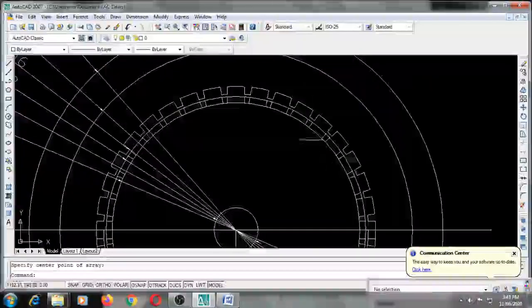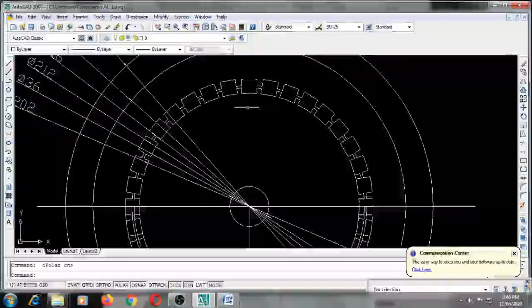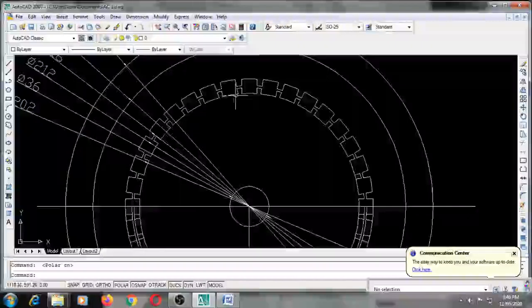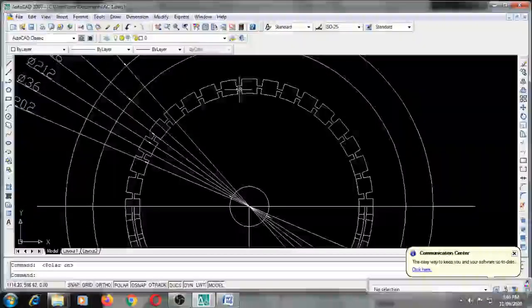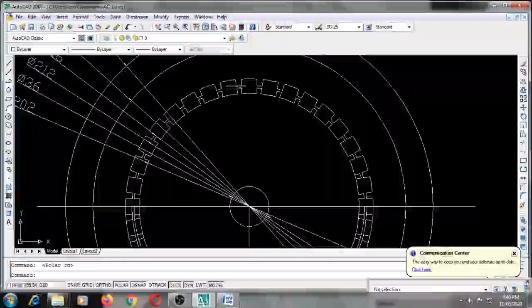Again we will trim it as we did in the stator case. So this is how it looks after trimming the unwanted portion. Slot width is 14 mm, and the remaining portion will be the teeth width. So in the stator also we need to do the same thing, but there we have just made a small